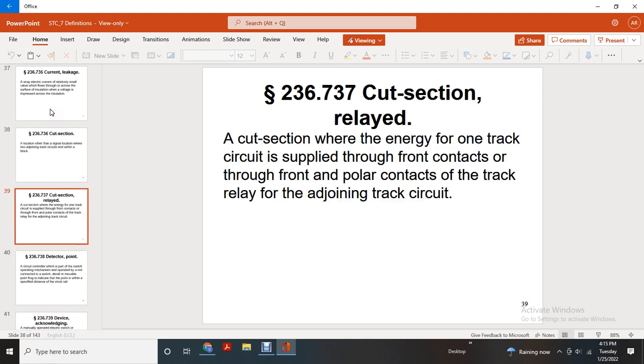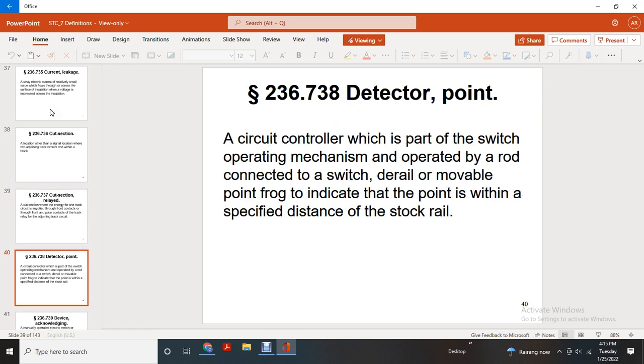Cut section relay. Cut section, where the energy from one track circuit is supplied through the front contact of the relay and the polar contacts of the track relay with the adjoining track circuit. Detector, point, and circuit controller with the power of the switch operating mechanism, operated by the rod connected with a switch, derail, or movable point frog, indicating that the point is within a specified distance of the